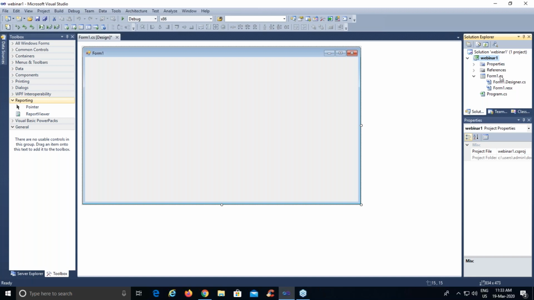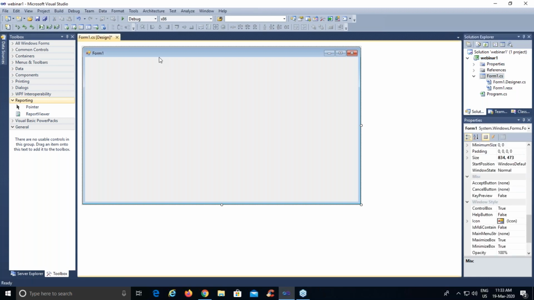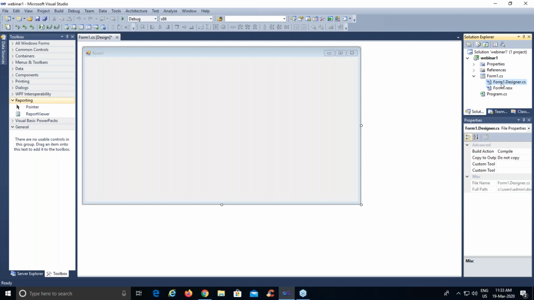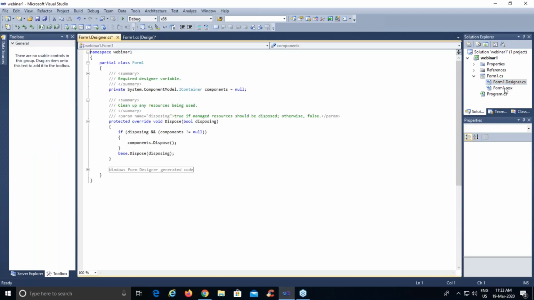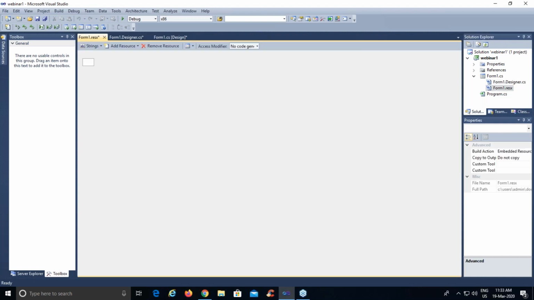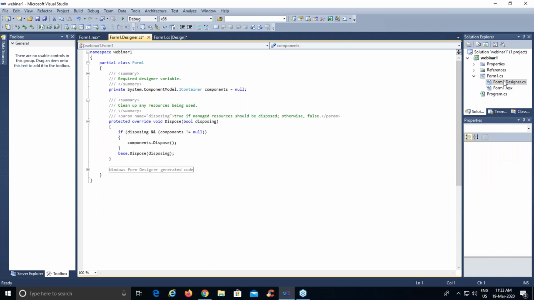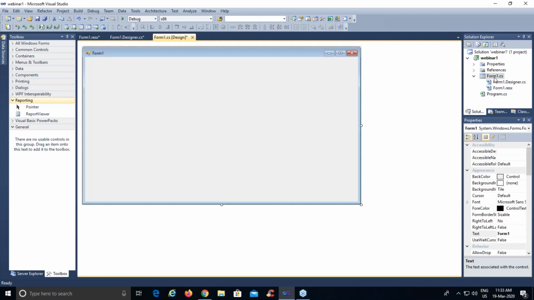Form1 is your design part and it contains two files, the designer file and the resx file. Whenever you add controls to a form, the code of that control is automatically pasted here by the system. So we are only going to deal with this form.